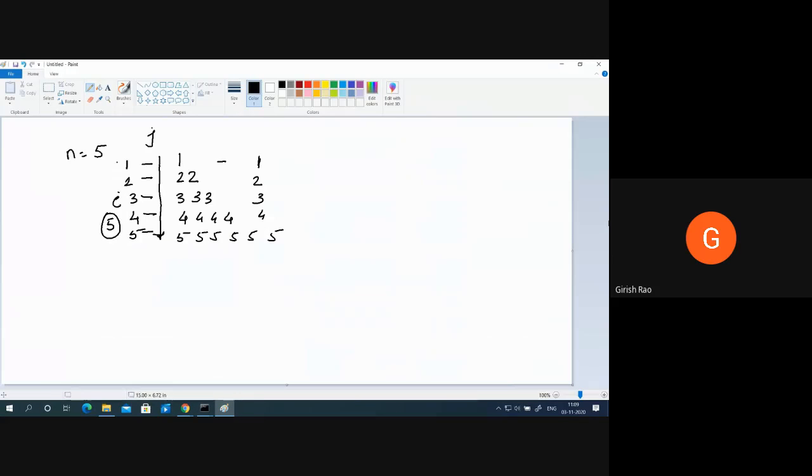Pay attention over here. Whenever a pattern program is given to you, you have to find the correlation. If I say 1, 2, 2, 3, 3, 3, 4, 4, 4, 5, 5, 5, I know one thing: my for loop should be running how many times? 5 times. Yes or no? So I can straight away take n.